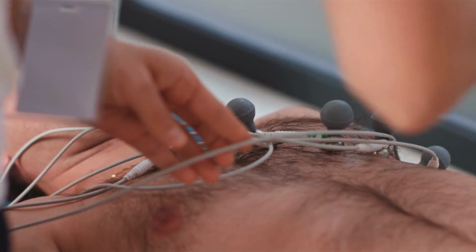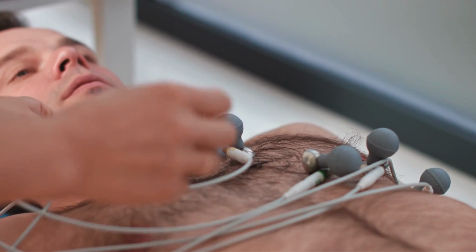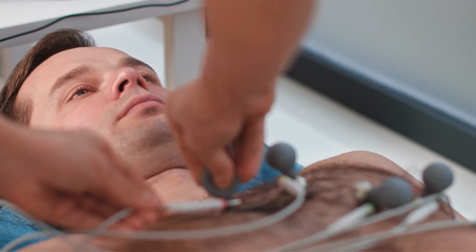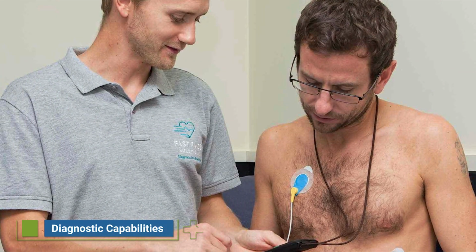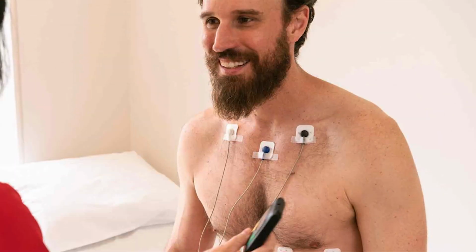The ECG, being a test conducted in a medical facility, requires the patient to be stationary during the procedure. While it is a quick and efficient test, it does not provide the same level of mobility as the Holter Monitor. Diagnostic capabilities. In terms of diagnostic capabilities, both the Holter Monitor and ECG are valuable tools for identifying heart